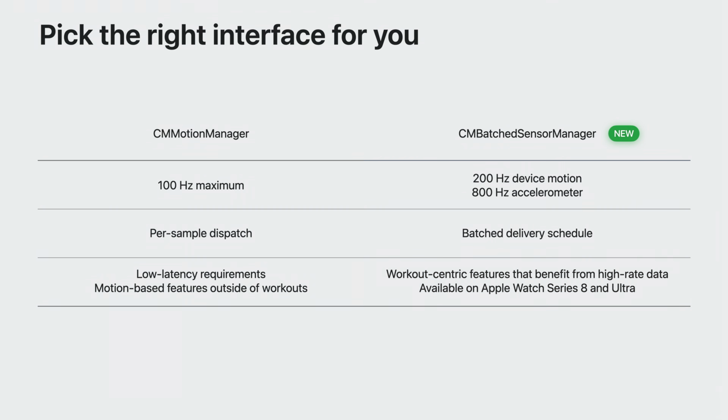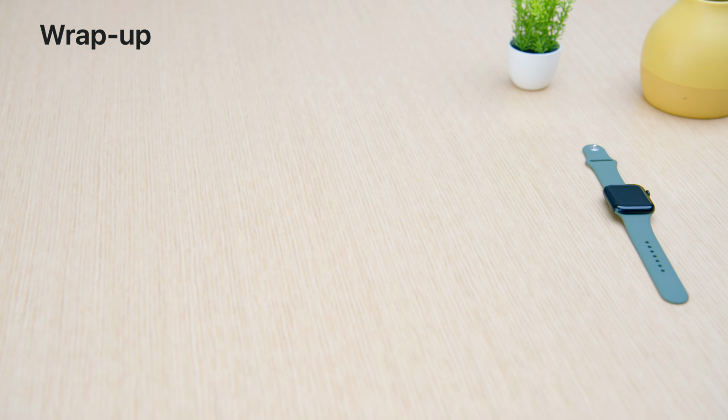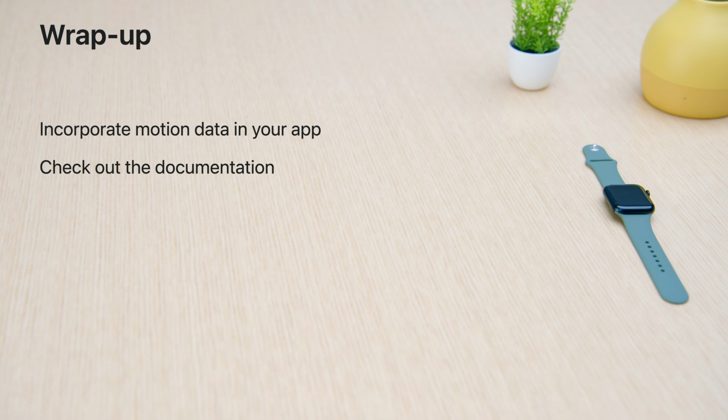Even though I focused on a baseball swing to use CM Batch Sensor Manager, these higher rate data streams can provide valuable insight into the motion of Apple Watch for all workouts, particularly during short duration or impact-based activities. That was CM Batch Sensor Manager, and this concludes my review of what's new with Core Motion. We have great ways to interact with motion, whether it's on headphones or Apple Watch. There are a ton of cool ways to use motion data, and I've covered just a few examples. I encourage you to try them out and check out the documentation for more information.